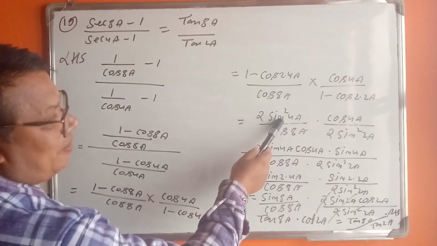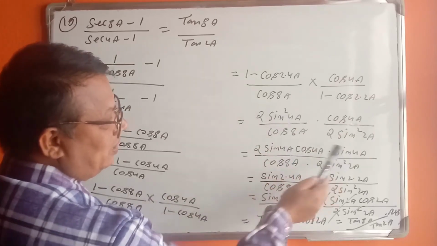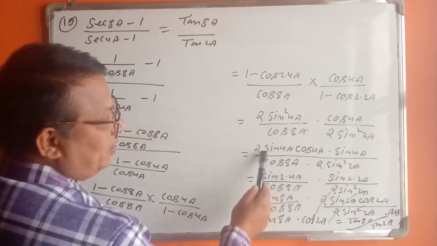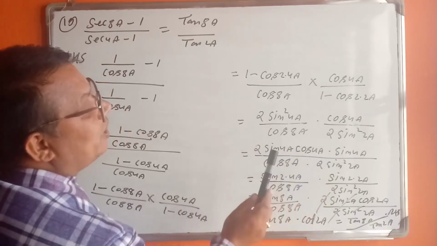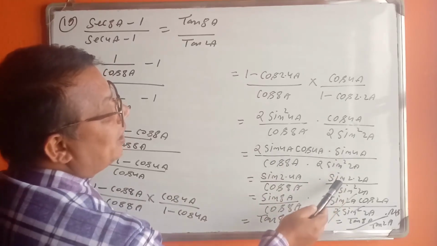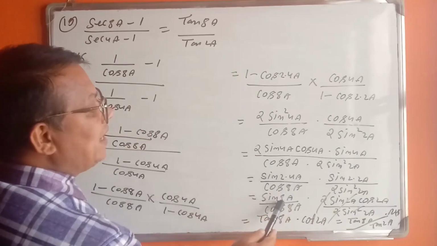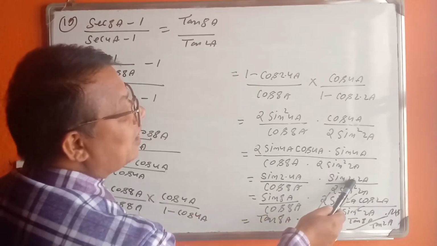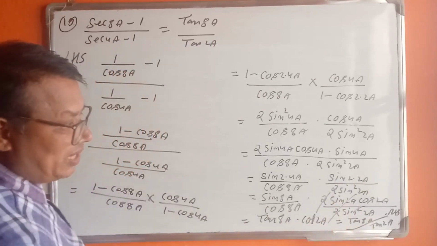After that, this square I have to break down into 2 times. A square means a into a. Similarly this square means 2 times. Now arranging, this 2 sin a cos a means sin 2 into 4a. Sin 2a formula, a means 4a here. This sin 4a I have to break down as sin 2 into 2a. Now sin 2 into 4a means sin 8a by cos 8a, and using the sin 2a formula, 2 sin a cos a, sin 4a becomes 2 sin 2a cos 2a.